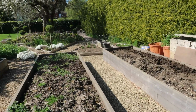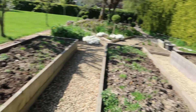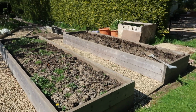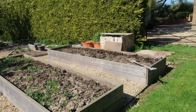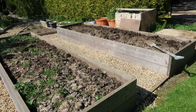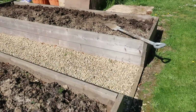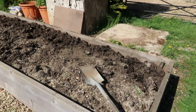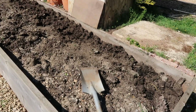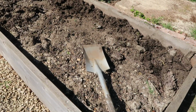Goodness me, this is exhausting. So what I'm doing now is I'm trying to make these raised, I don't know what you call them, kind of herb vegetable boxes a little bit more usable. So as you can see, the soil here is pretty dry. So what I've started to do on this one over here is just dig out any weeds. There was quite a lot of grasses growing up here as well. So I've taken all of that out, and now I'm taking a big spade and